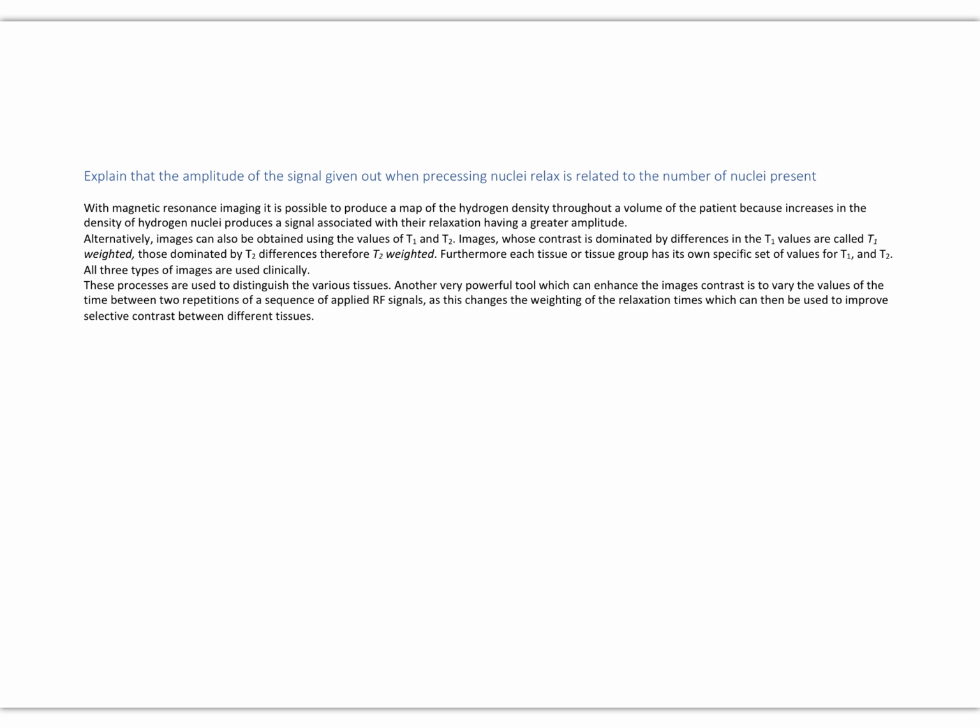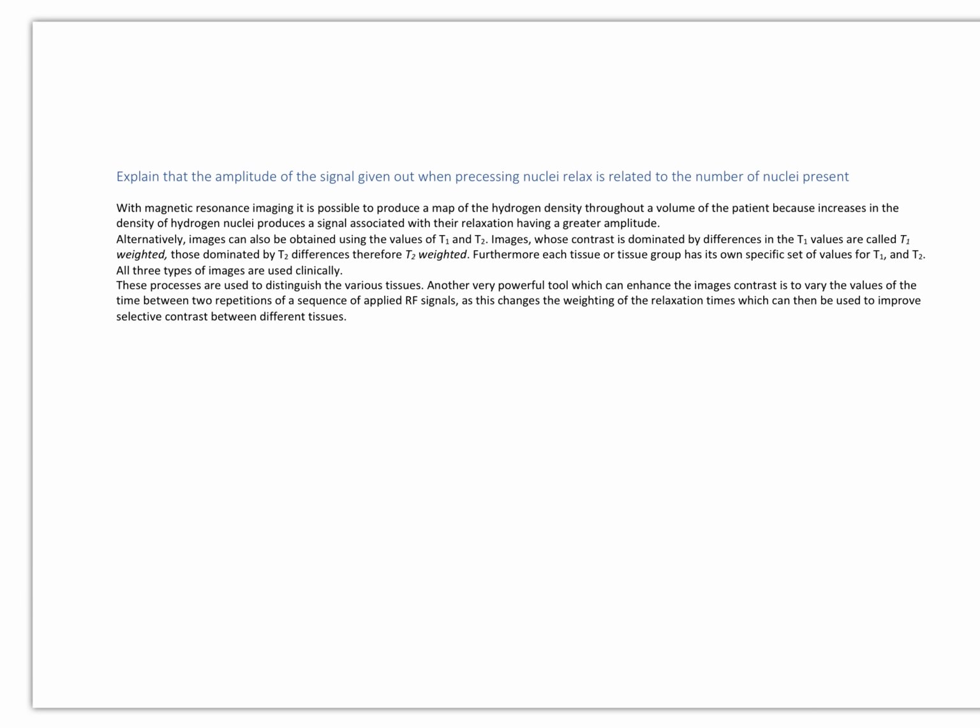So with MRI, or magnetic resonance imaging, it's possible to produce a map of hydrogen density, so areas with lots of hydrogen ions and areas with less hydrogen ions. Those areas with higher density of hydrogen nuclei produce a signal associated with their relaxation, or the time